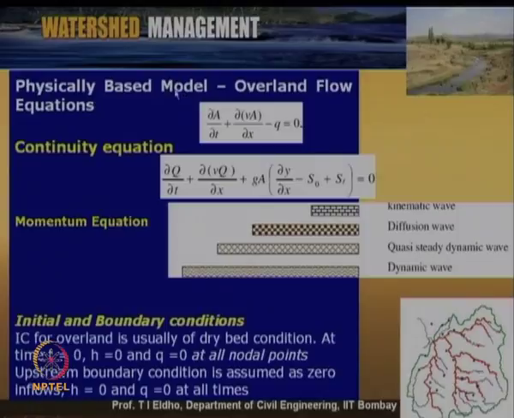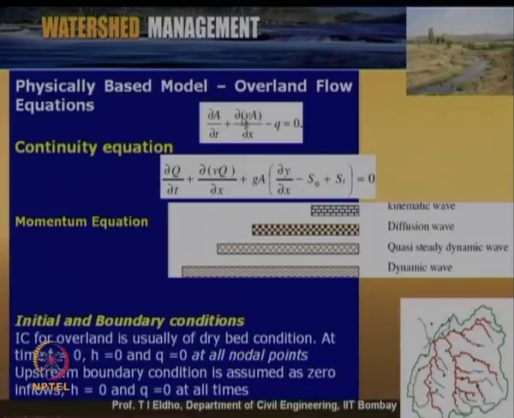Now we will see the governing equations which we have already discussed in the previous lecture: the governing equations for overland flow modeling, and the governing equations for channel flow modeling. This is as far as rainfall to runoff prediction is concerned. Here in the slides, the Saint-Venant's equations are given for the 1 dimensional condition. The governing equations are the continuity equation, as given by this equation.